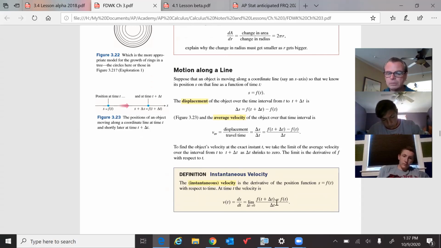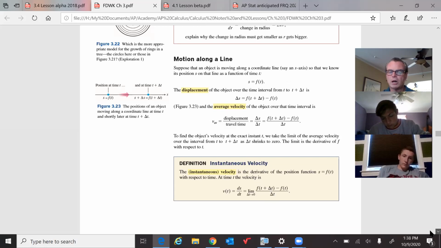And down here, all this is delta t is replacing the h. So we think of h as being a horizontal change. And here they're saying in terms of motion, it's time. So delta t is your h. It's the same thing you saw. So if we go over here,